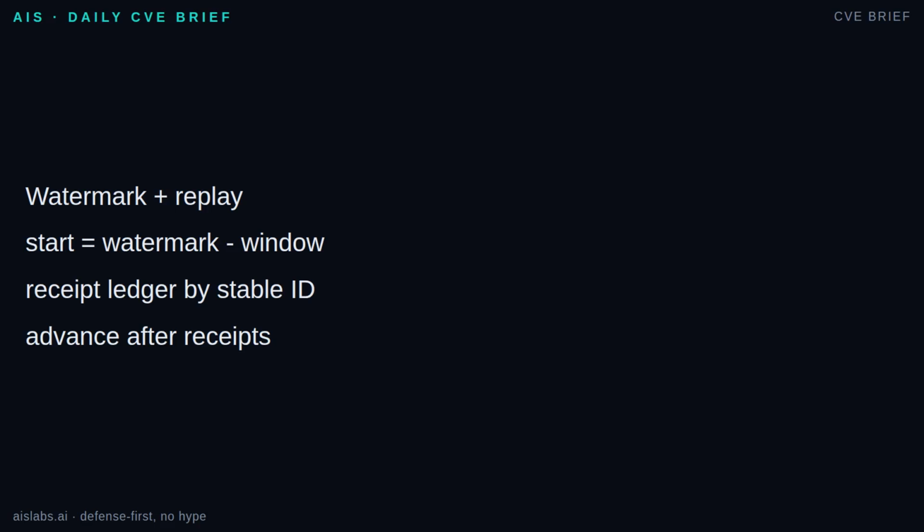Reprocessing is safe because every candidate is checked against a receipt ledger, keyed by a stable source identifier: Gmail message ID, GitHub event ID, vendor advisory ID, or a version-aware key like vendor X:CVE:revision. My opinion, if the source does not give stable IDs, treat that integration as less trustworthy, and design a